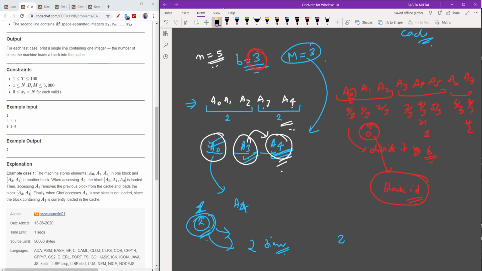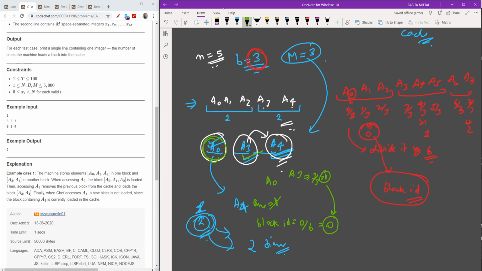So as you can see here, initially my element was A0. A0 was the first element. My answer was 1 and my block ID was 0 upon B, which is 0. Now I take another element, which was A3. Its block ID is 3 upon 3, which is 1, which is not equal to 0.